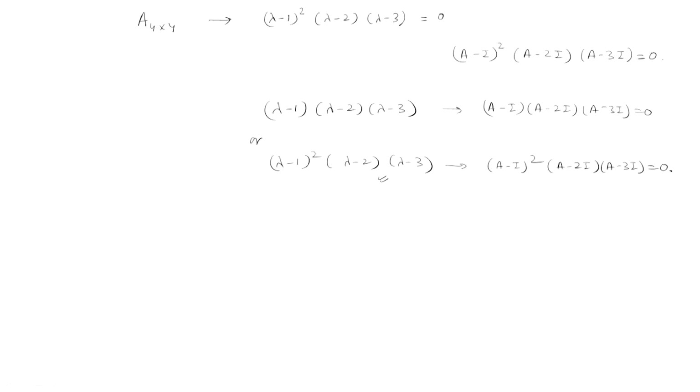Okay. So, the minimal polynomial has important properties. Number 1, it is the lowest degree polynomial which is satisfied by the matrix itself. It contains all the irreducible factors, all the linear factors which the characteristic polynomial has. Okay. Now, suppose you want to find a minimal polynomial corresponding to a matrix A, how will we proceed? So, let us discuss it by an example.